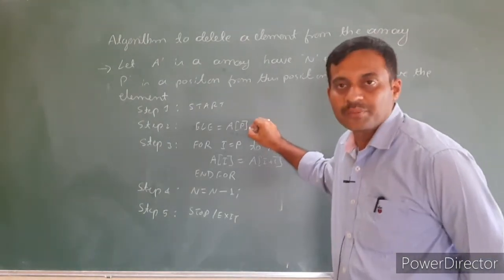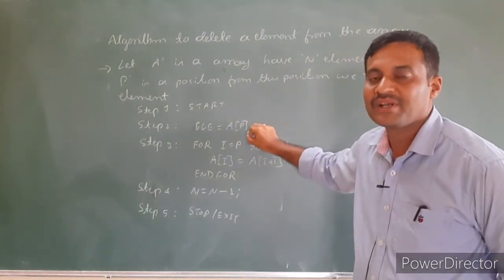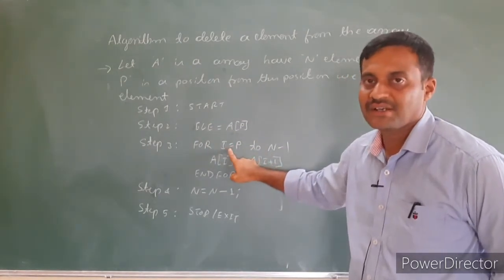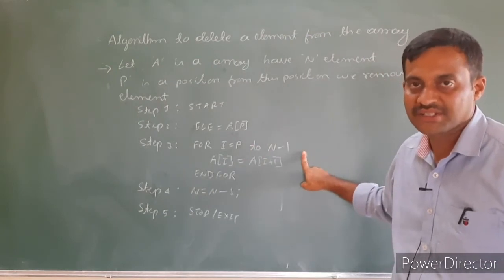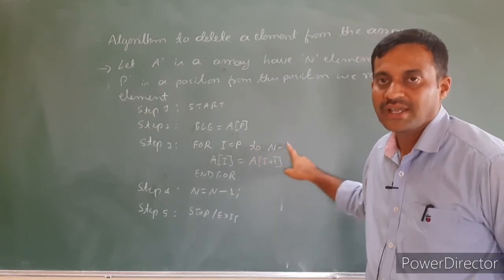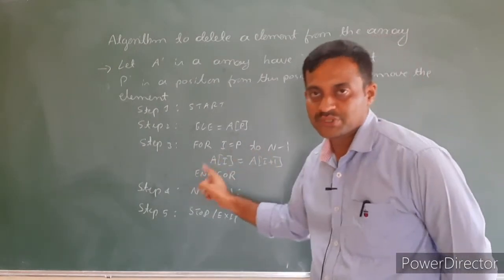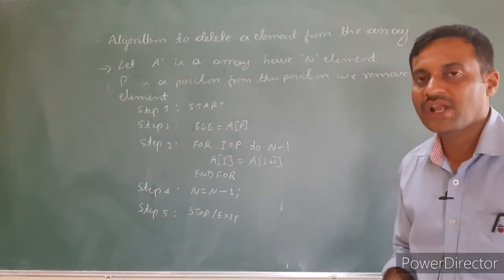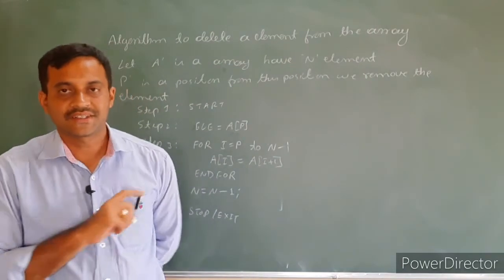First, copy the content of the array element. So the element at a of p that is deleted is copied to the temporary variable. After that, initialize I value in a for loop. We have to increase I value up to n minus 1 elements. In each iteration, we have to override the element up to n minus 1. When the for loop terminates, all the elements are overwritten from the given position. Hence, we have to decrease the length of the given array. So, the program deletes only one element from the given position. So, that is the algorithm.